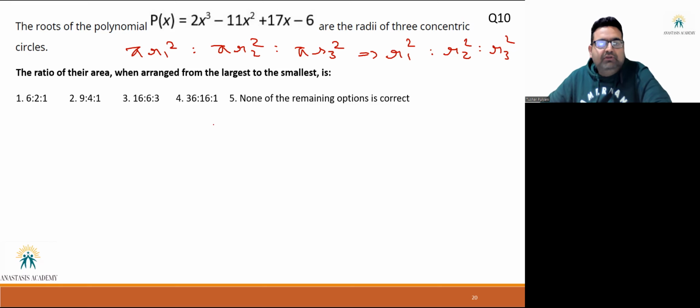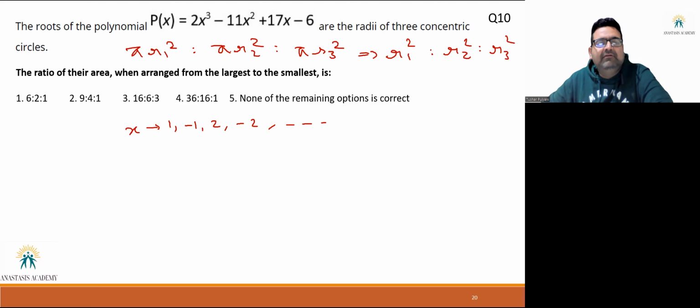When we talk about solving a quadratic, we have various ways. We can do it by splitting the middle term or use the discriminant formula, and a lot of ways you can find the roots. But for a cubic, there is no standard formula. How we do it is that we try to guess, or number fit, the first root. Once you get the first root, you can factorize it and get the other two using a quadratic. We generally start with 1, -1, 2, -2, and so on. We put x as these values in the cubic and see where the polynomial becomes 0. Zero means that number is a factor of that polynomial.